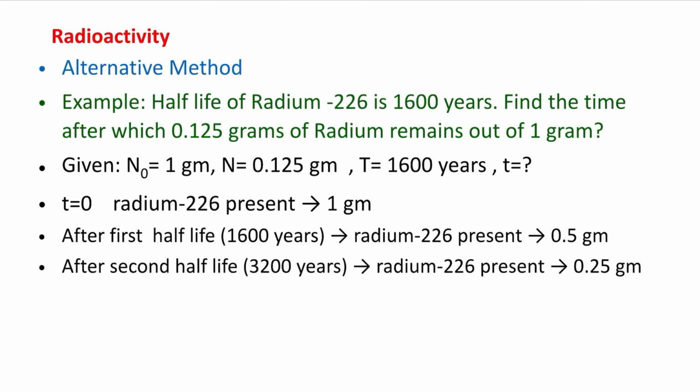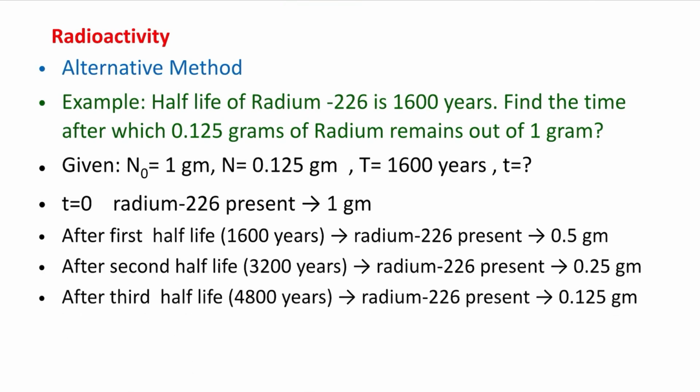So 0.5 now reduces to 0.25. Now after the third half-life period, again 1600 years have passed, so the total time passed is 4800 years. The radium-226 is again reduced by half, meaning 0.25 gram becomes half,